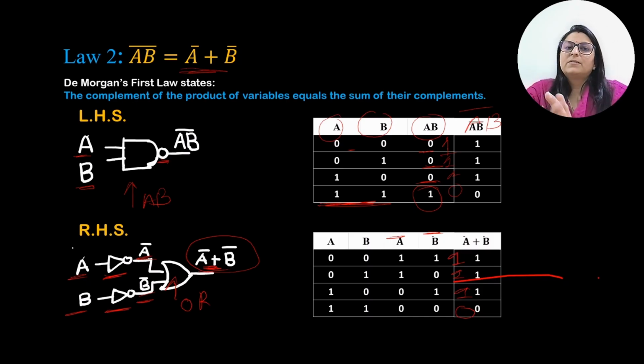So this way in the exam you can first write the theorem, then you can write the logical statement, and then you can write this logical circuit and truth table. So with the help of truth table we can prove that LHS is equals to RHS. But make sure in the exam, if you are asked with the first theorem, then you have to write the previous one, that is A plus B whole bar is equals to A bar into B bar. But if it is asked second one, you have to write this one. If nothing is mentioned, just written that explain the De Morgan's theorem, you have to write the two of this.